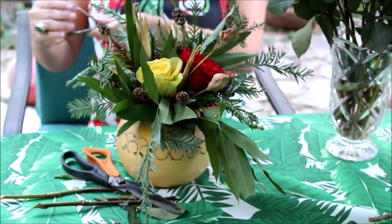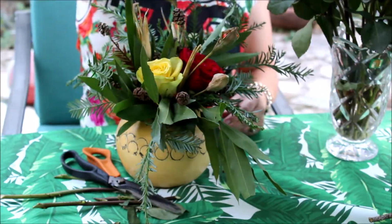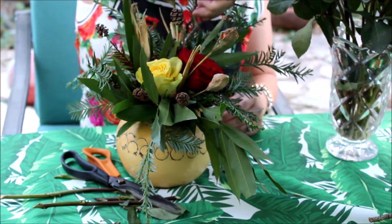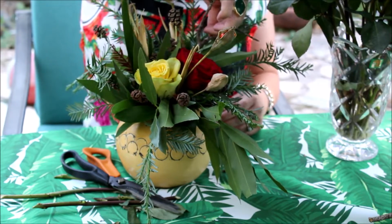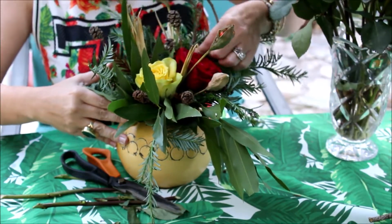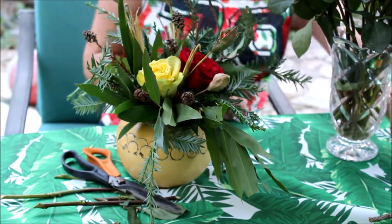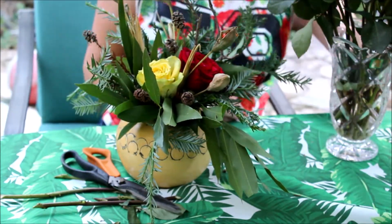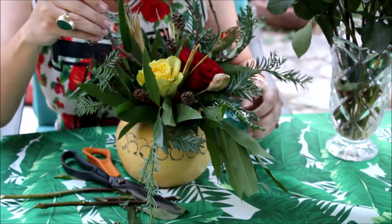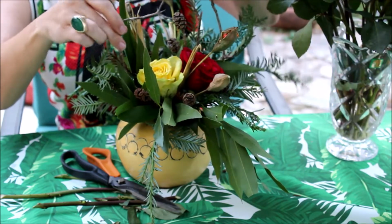If you remember, I also collected some sticks here. Let's see what we can do with giving another real organic element here with a stick. Got this one. Oh, that looks amazing. Look at that now. That adds a whole other dimension. Got that one. Oh, now we are really working